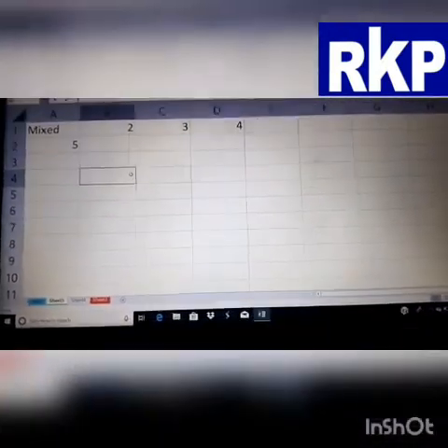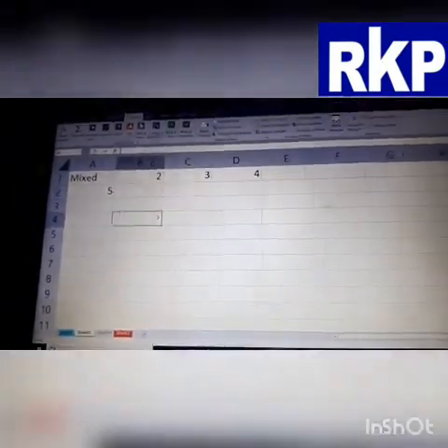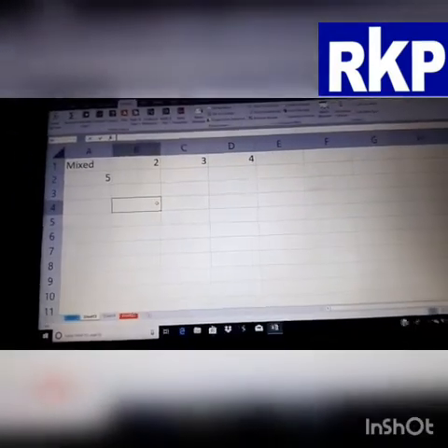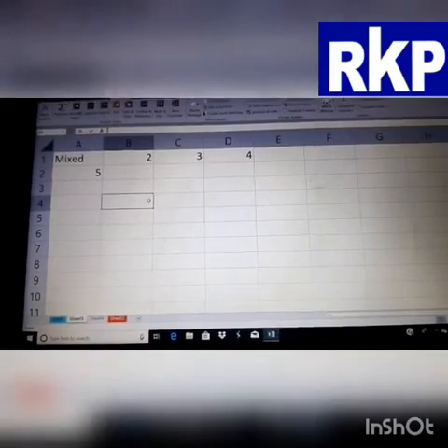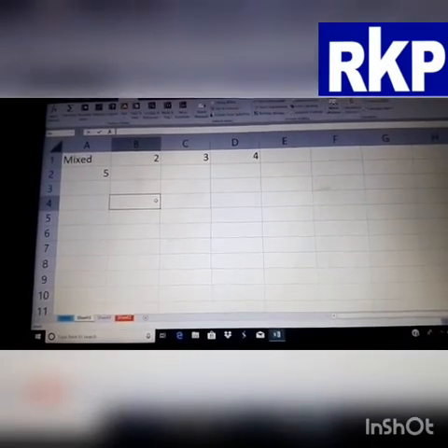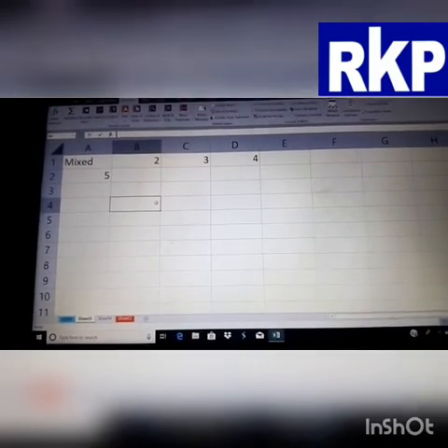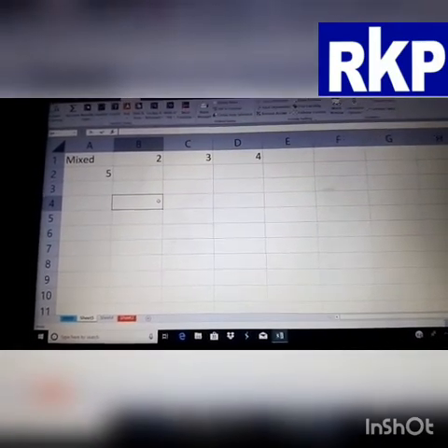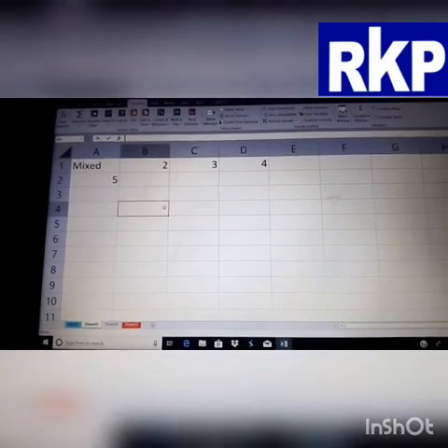Today I am going to show you the demo of mixed reference. Mixed reference is the combination of absolute and relative reference. How is it a combination? In mixed reference you fix either the row or the column.